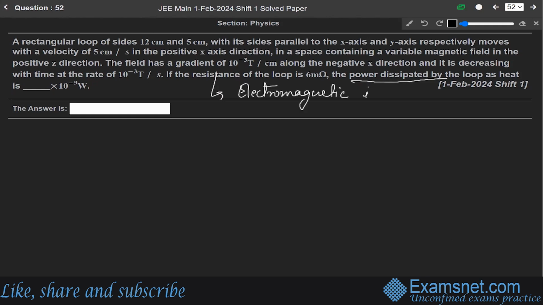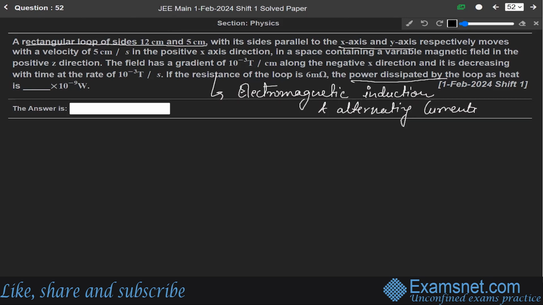Electromagnetic induction and alternating currents. Alternating current. Now in the question it is given that a rectangular loop of side 12 centimeter and 5 centimeter,